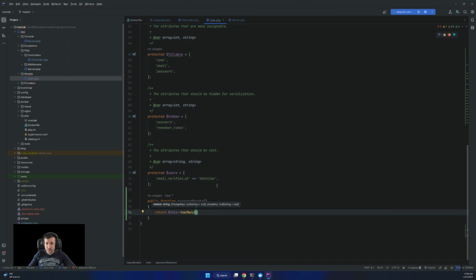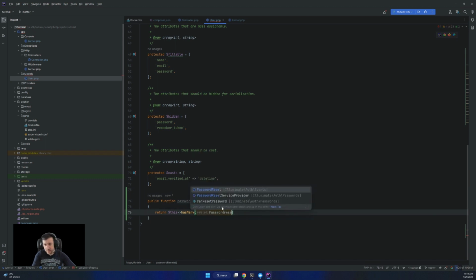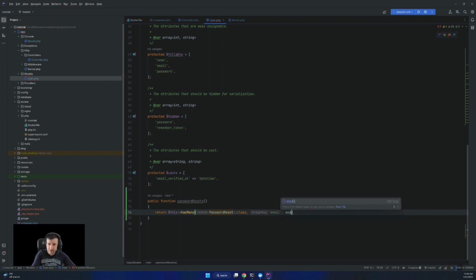I need maybe to create that. Let's say I have this password reset model, right? It will be in there, and the foreign key is email, and the local key is also email.